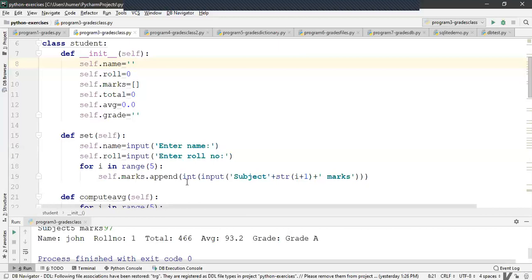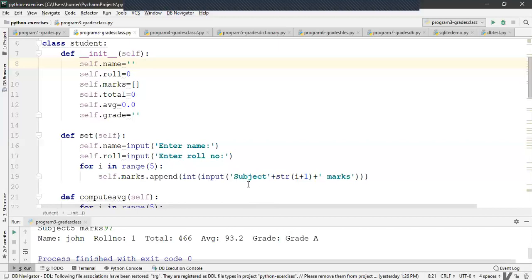Int is a function that is used to convert the given value into integer type, because you're going to perform arithmetic operations on these values. If you observe here, there are no ints for these two inputs, whereas for marks, int has been used because you are going to perform plus operation, and plus operation is performed on integer marks to obtain the total and also to find the average.